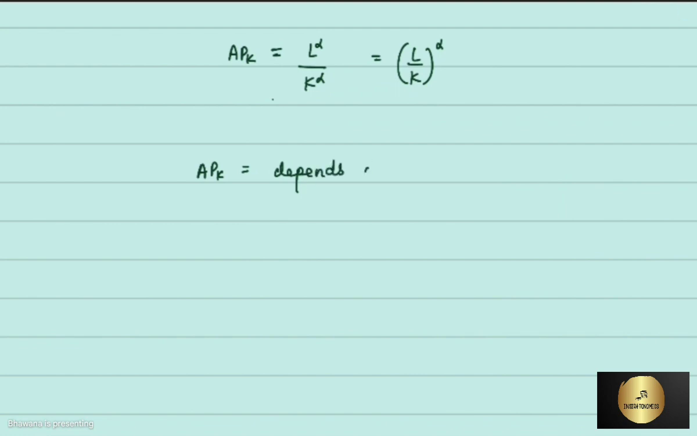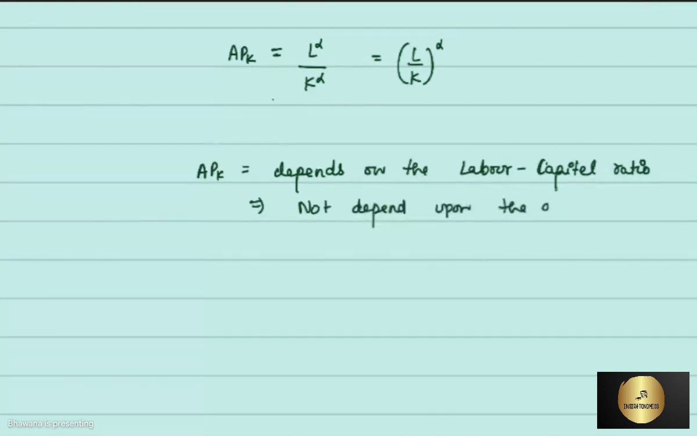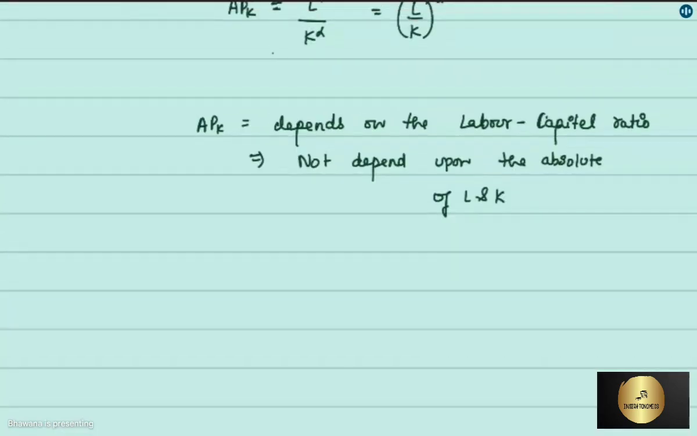APK depends on the labor capital ratio. That is, 1 unit of capital using how many units of labor? Again, it does not depend upon the absolute value of L and K. Now similarly for MPK,